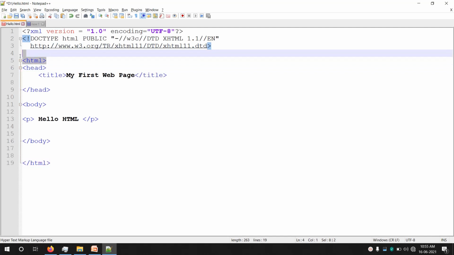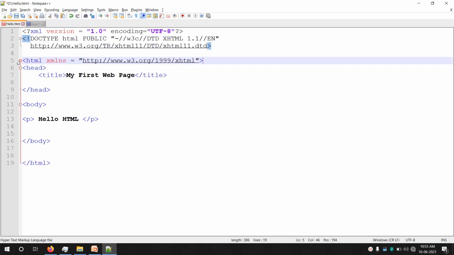So I'll remove this HTML and instead of that I'll paste this one, with the xmlns namespace. Okay, so that's it. Now we have converted the earlier HTML document into an XHTML document.